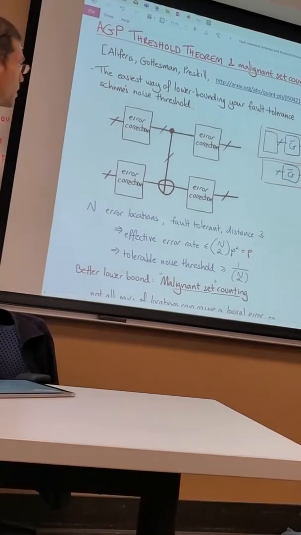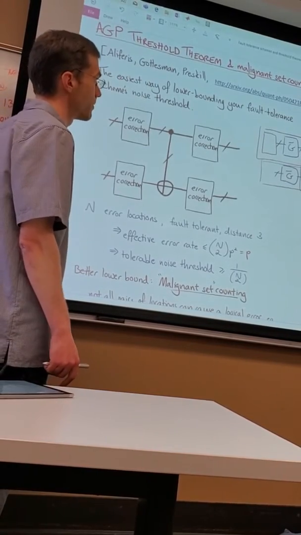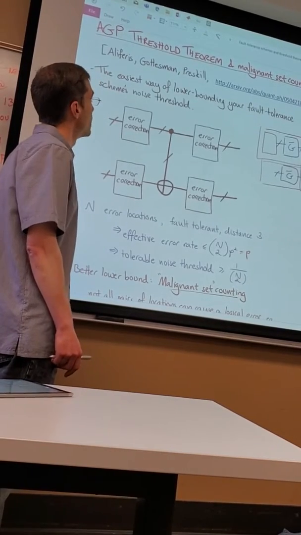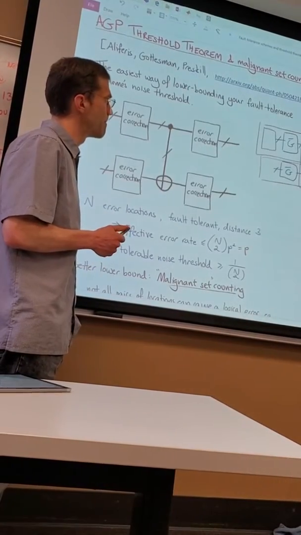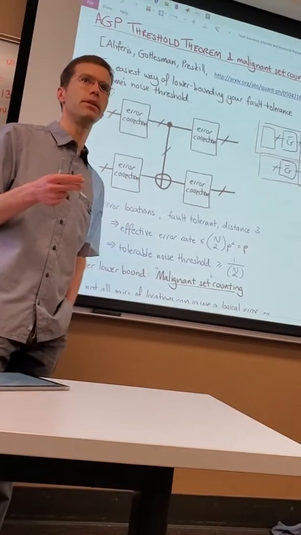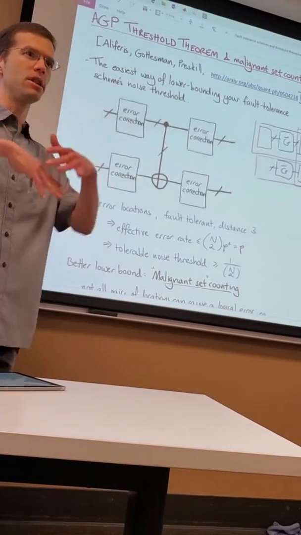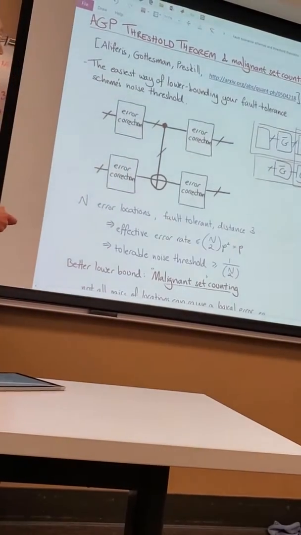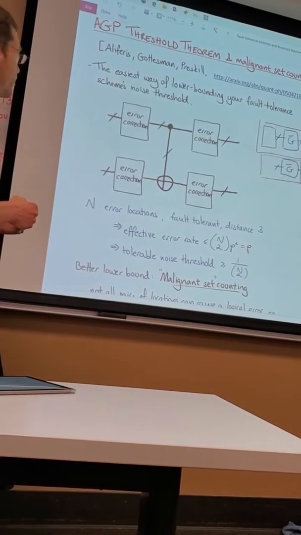And this method of this threshold theorem is nice because it works not just for distance 3 codes, but it also gives good numerical results. And there are also thresholds you can get for distance 2 codes in a sense. So distance 2 doesn't allow you to correct errors, but you can still prove a threshold because if you concatenate it, you get a distance 4 code, and that can correct errors. It just gets complicated. Okay, but mostly that's not worth it. So this is mostly for distance 3 or higher.